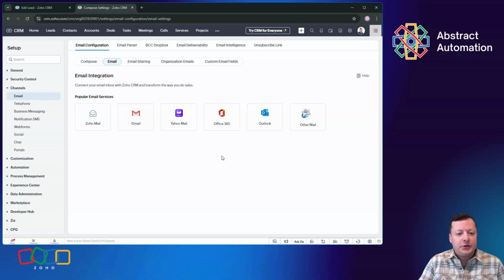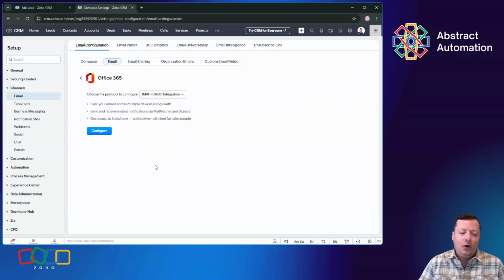The Gmail, so you pick your provider, and then there will be a sort of walkthrough of getting it connected. You have to authenticate. I'm not going to go through those steps right now, but what that will give you is, as you just do your email in Outlook or in Gmail or from your iPhone, wherever you want to do your email from,